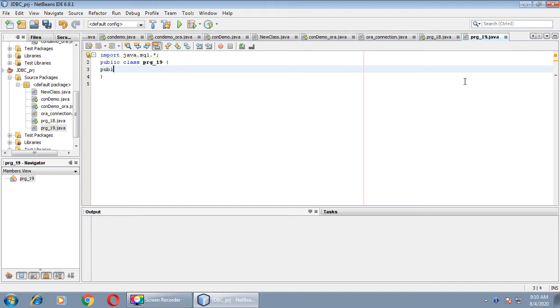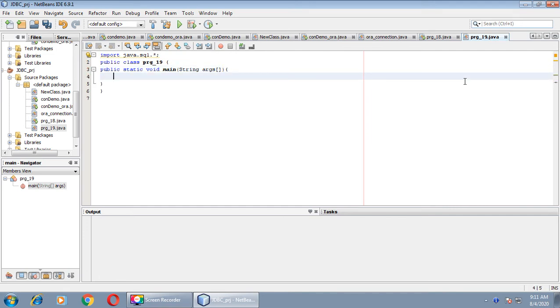Now public static void main, again we need 4 objects of connection, statement, result set and result set metadata. Let us define these objects first.